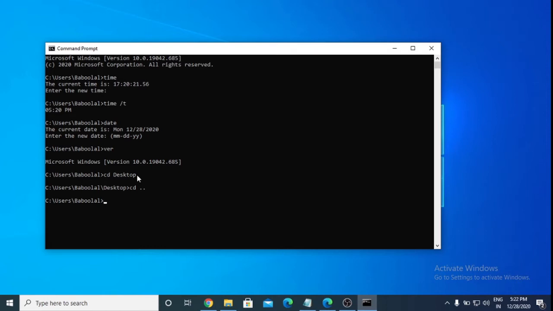And if you want to create a folder or text file, simply type make directory and the folder name. I'm going to desktop.